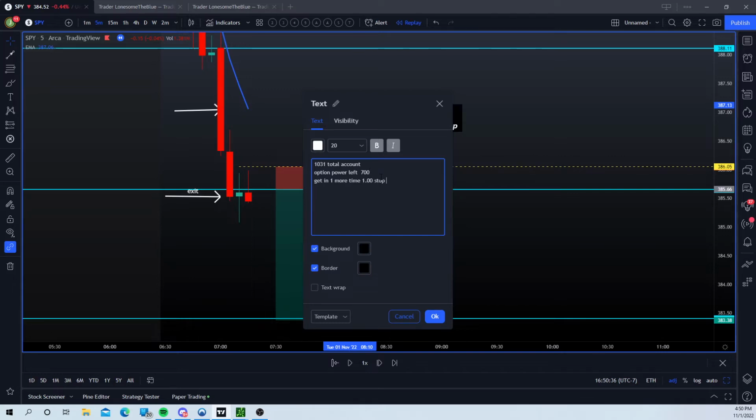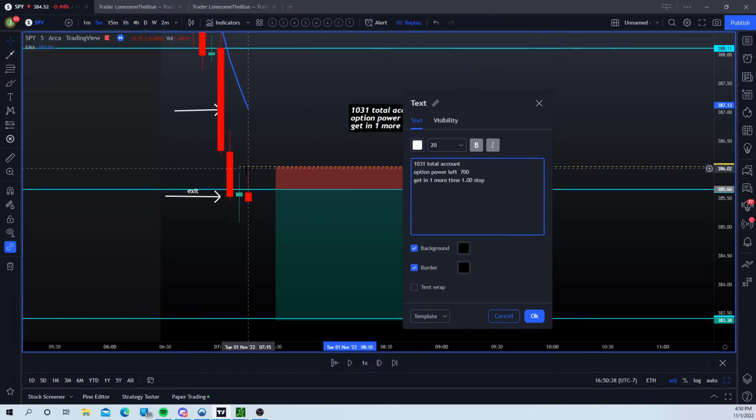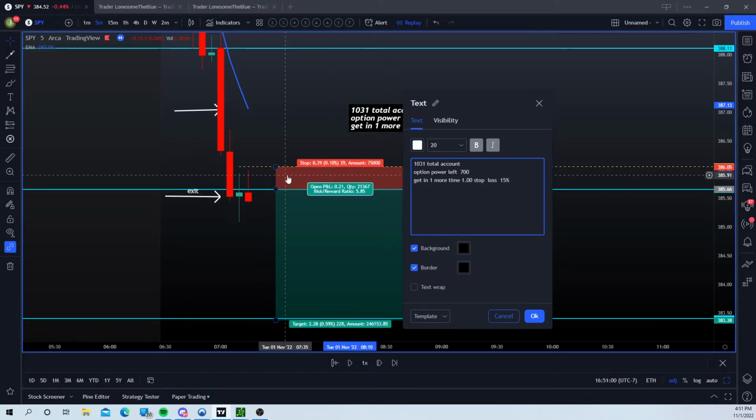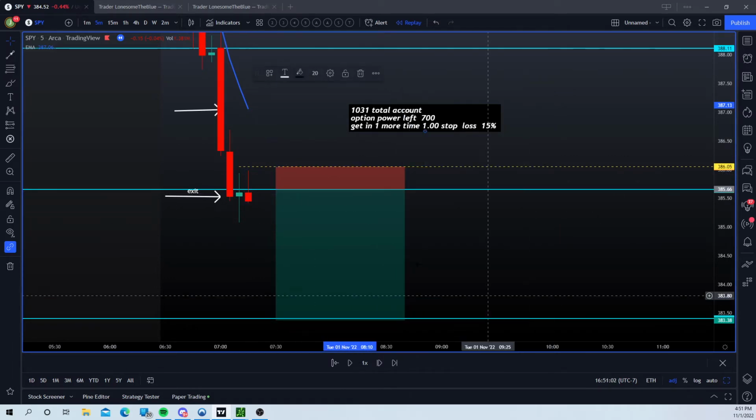Our stop is now 10%, because we want it above the candle or else it might go over. Stop loss 10%, so we won't lose our profits of the day. Or maybe you could put it at 15. Just know that if you lose 15% of this, you're going to lose $15. So your account will be at 10.15, which is still green, right? So we put it at 10.31. Stop loss at 15%. Now you got to be a little more in control because what if it doesn't dump? We get in one more and there you go.